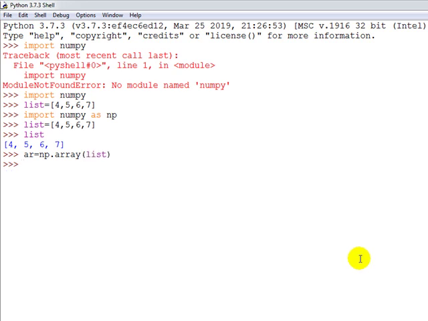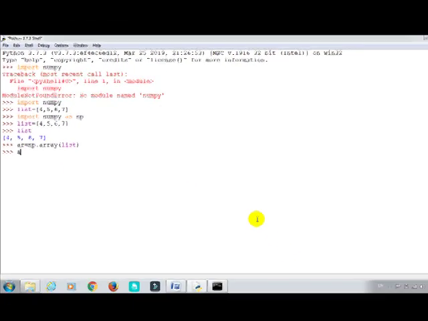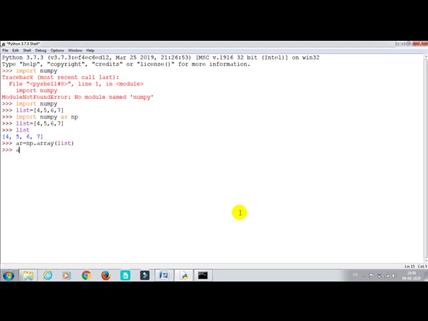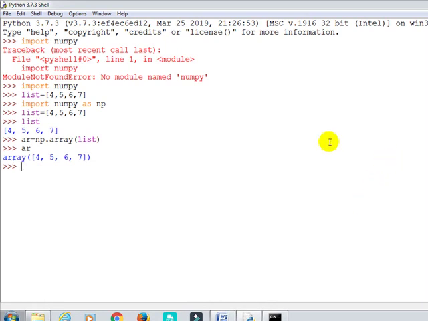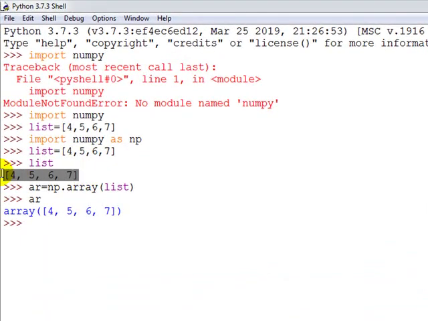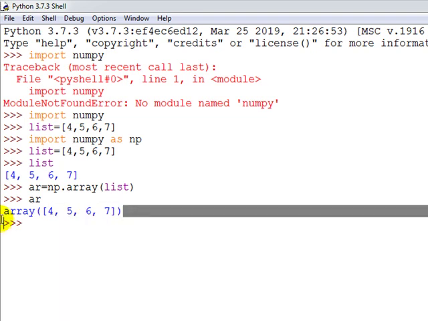So now my array has been created. Now I can print ar. You can see in both cases, if I print a list, it will print like this. If I print an array, it will print in square brackets with the word array mentioned.